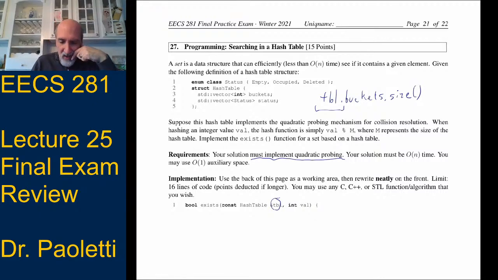Okay, and the other thing it says for the hashing is, somewhere in here, just val modulo m. So for the hash function, we didn't have to worry about creating an object of a hasher class or anything like that. Whatever value you're given, you can just use that value modulo m. But be careful in your code: there's no m passed into you. When we say m, we mean table.buckets.size.